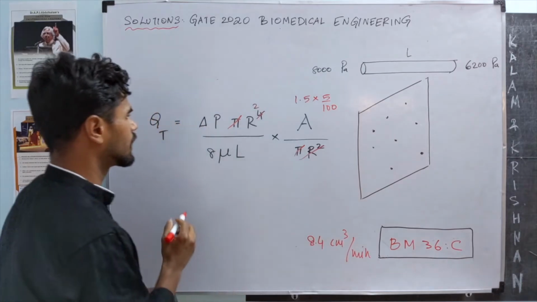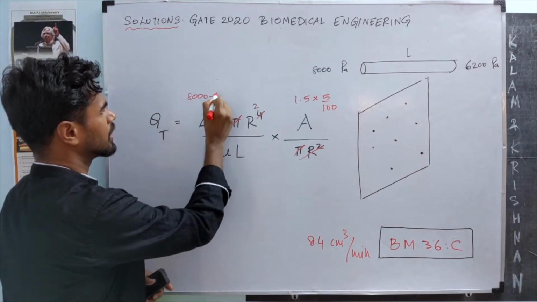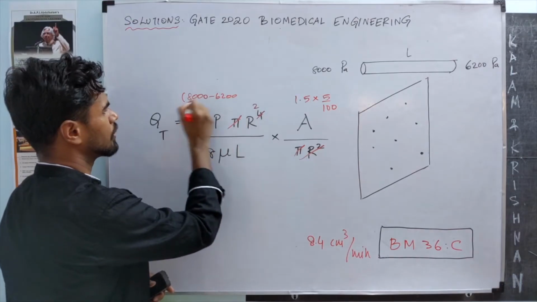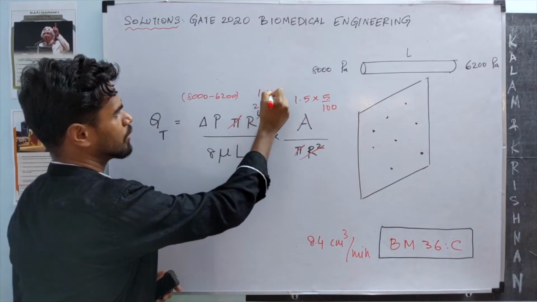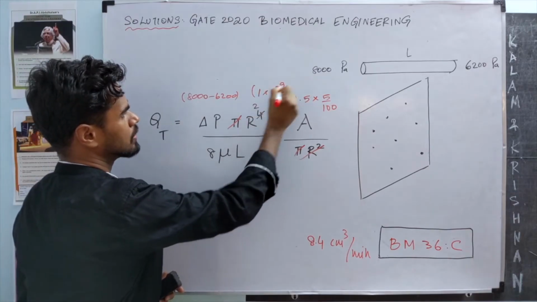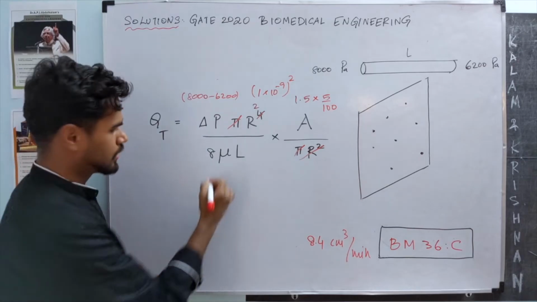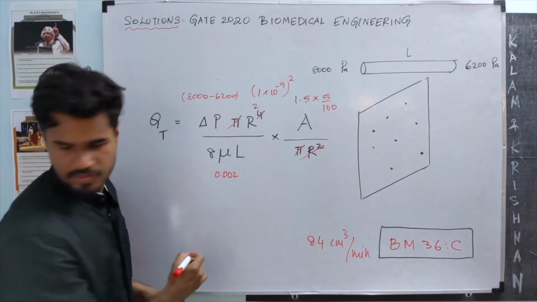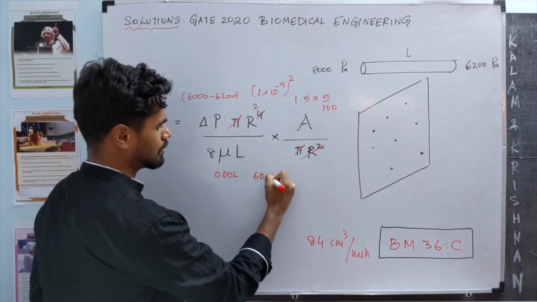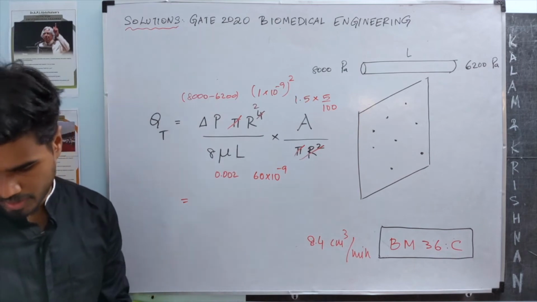And the pressure head, that is 8000 minus 6200, that is delta P. Now r square is 1 into 10 power minus 9 square. We have 8, mu is given to be 0.002 Pascal second, and length is 60 into 10 power minus 9. So this value turns out to be